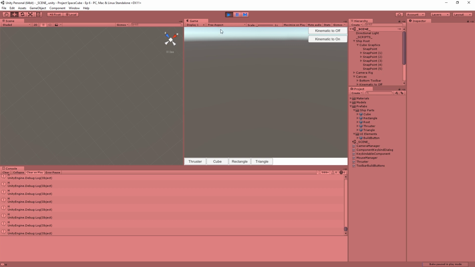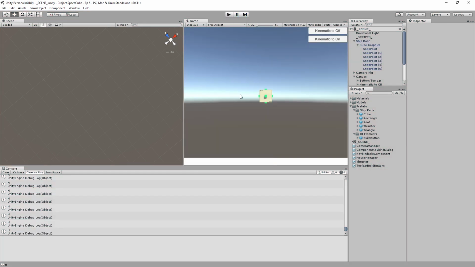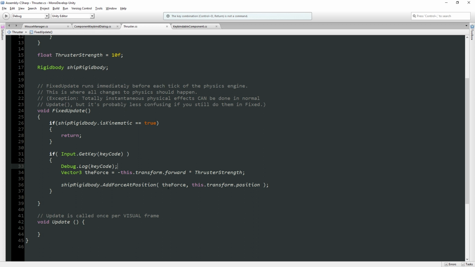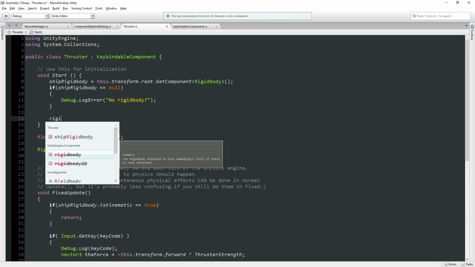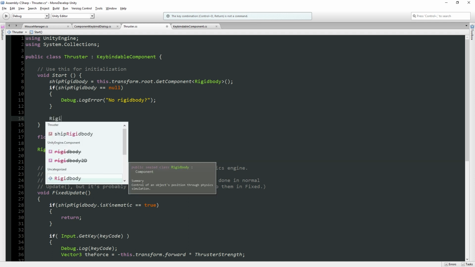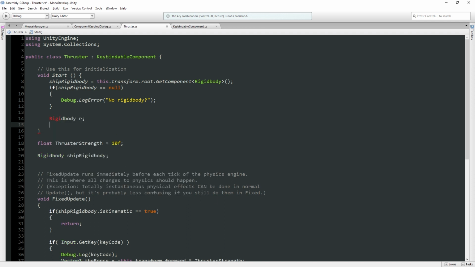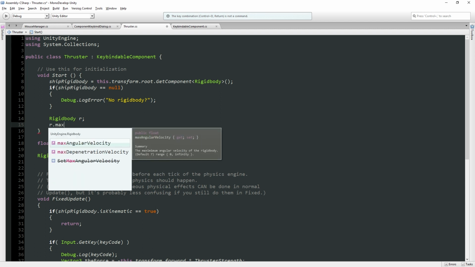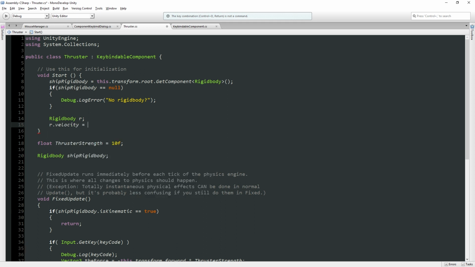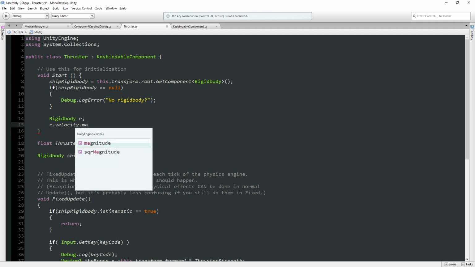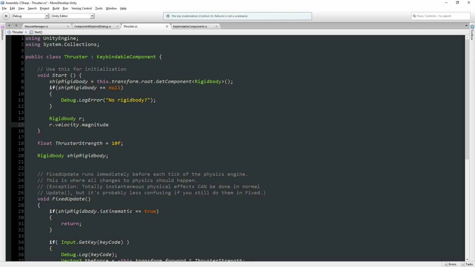Now, you can limit the top speed of these objects, the top rotation speed. I mean, they're actually already limited by the base system. So if you had a copy of the rigid body, and you had this, there's a maximum angular velocity, which is how quickly you can spin. I guess there's not a maximum velocity, period. Although you can fix that yourself, right? If you take a look at the velocity, you can set it to a new value. Like if the magnitude of this is too big, then you can just overwrite the velocity and force it to